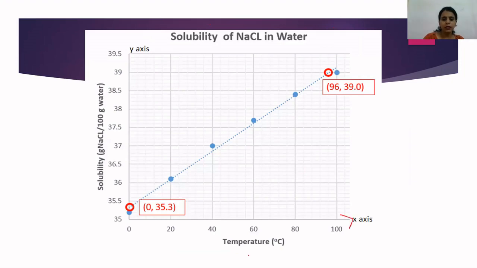Now here the graph is given. This is the x-axis. On the x-axis temperature has been labeled, and on the y-axis we have labeled solubility of sodium chloride in water, or you can just label rate of reaction, because rate of reaction is actually shown by the solubility of sodium chloride in water. Now, I've already told you in a previous video that whenever you label your x-axis and y-axis, you must mention the unit of that particular quantity. So here it says solubility. Solubility is so many grams of NaCl in 100 gram of water.